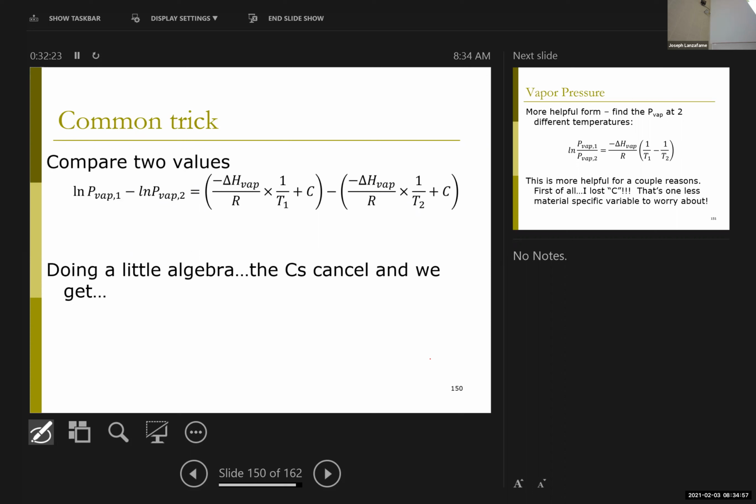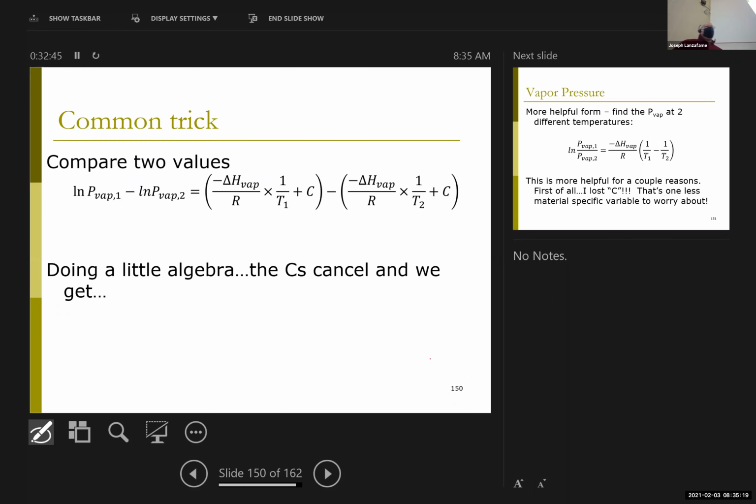Now I know what you're thinking. I hated that equation to begin with. It had a log in it. You just made it harder, right? Because I now have like 10 different variables, right? Except I don't really have 10 different variables because a lot of these are the same and even more useful,